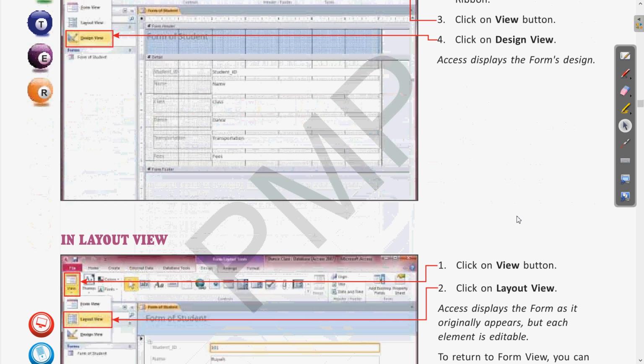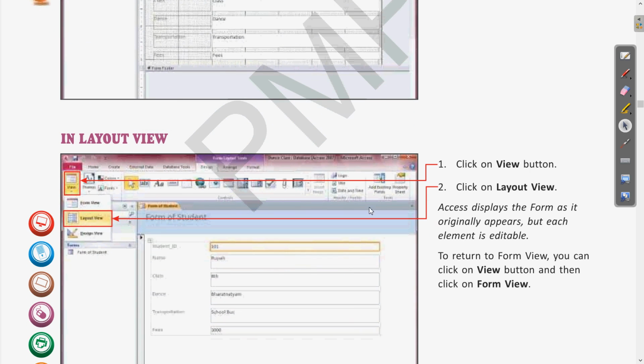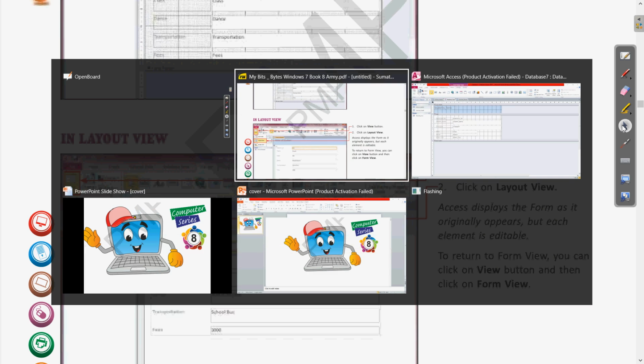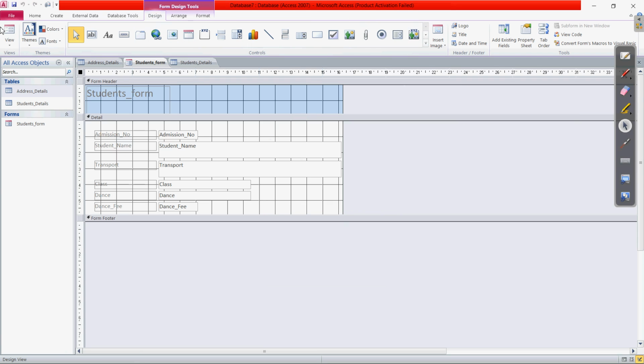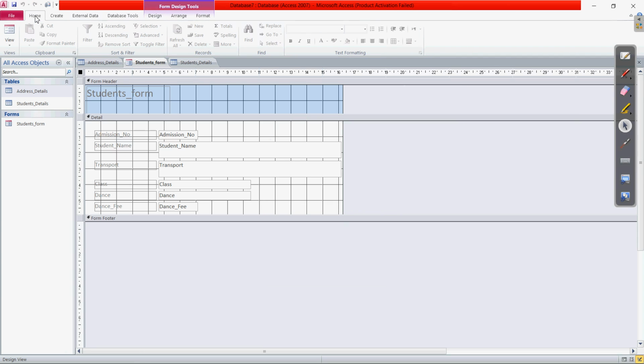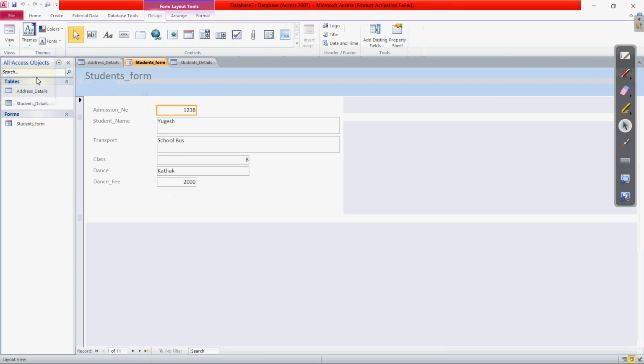If you want to choose the layout view, the approach is the same. Go to the Home tab, then from the Home tab click on View, and from View we can choose the layout view. Let us see these steps also. Come to the software window. Again click on the Home tab, then View. Right now we are in the design view, so it is appearing. If you want to switch to the layout view, click on the layout view.